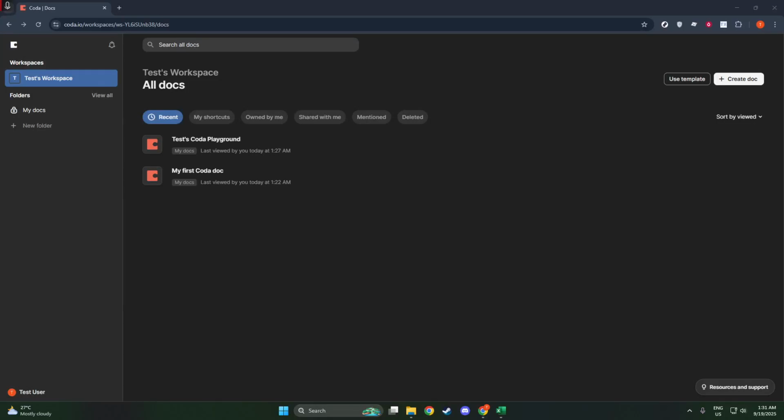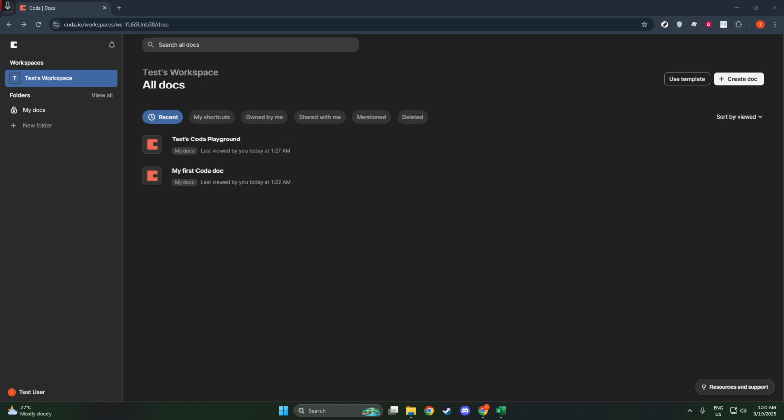In today's video, I'm going to teach you how to export a Coda.io doc. Whether you're looking to create a full backup or simply want to have all your documents in a different format, understanding how to export your Coda docs is a valuable skill. Let's dive in and explore the process step by step, ensuring you have all the information you need to accomplish